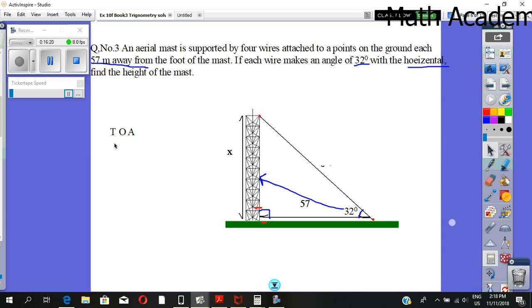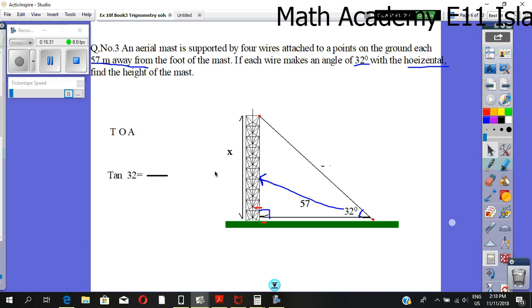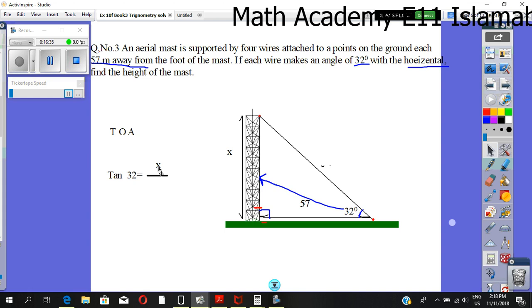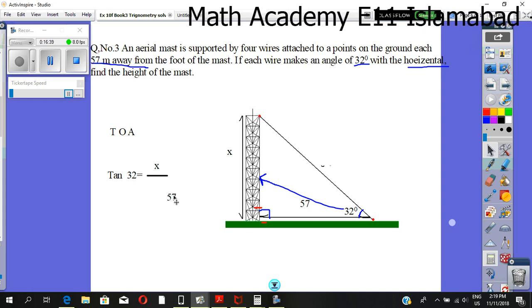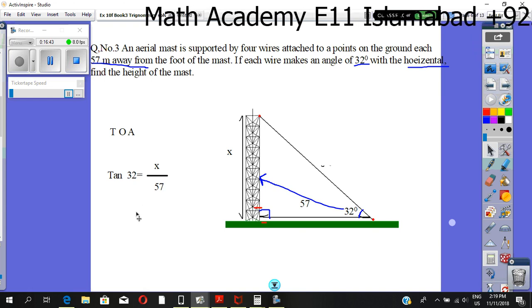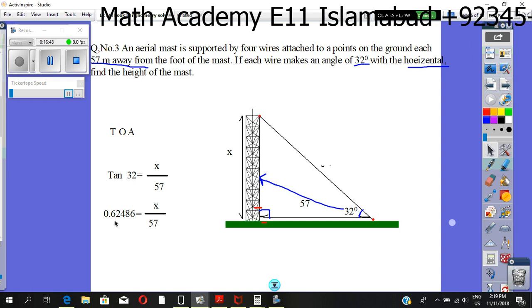Okay, again tan theta is tan 32, which is equal to opposite over adjacent, which is 37. Correctly supposed to put the values, and tan 32 gives us